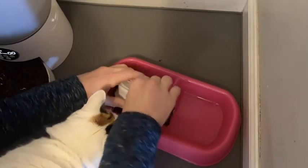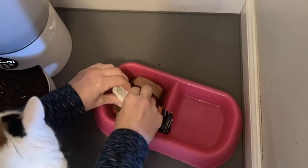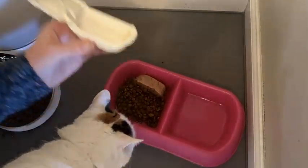We put what is best for us in our bodies. Why wouldn't we do the same thing for our pets? This omega-3 oil from Plano Paws is an all-natural fish oil that benefits my cats, but they like it, which is the best part. The oil comes in a generously sized bottle, and it's really easy to dispense thanks to